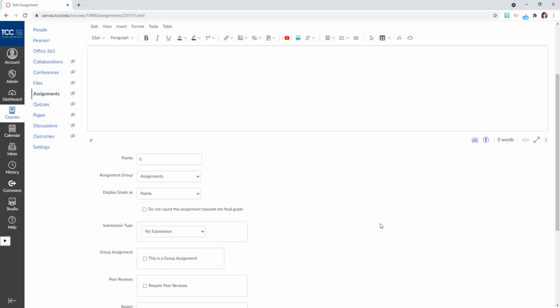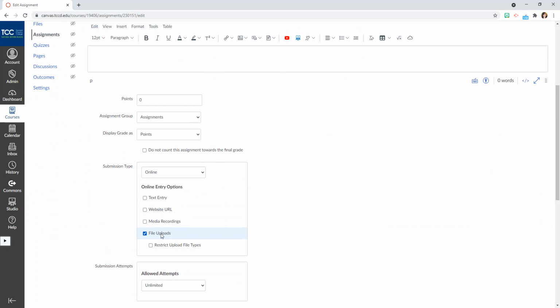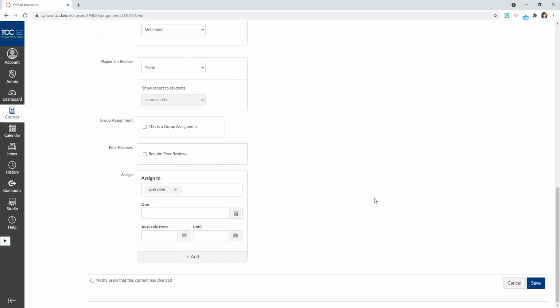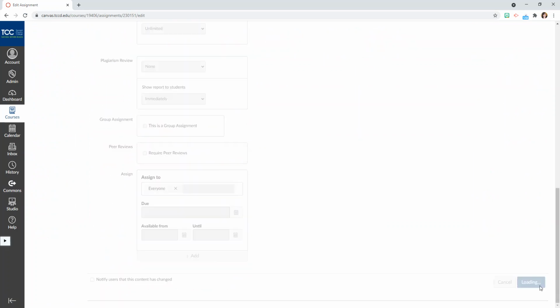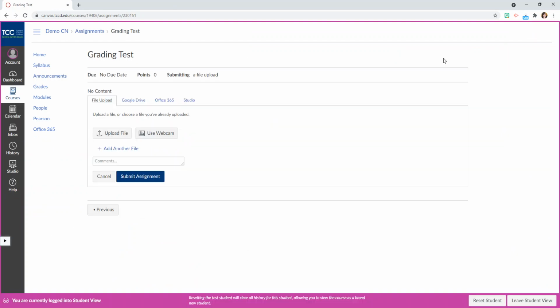Most of these settings aren't important because, again, it's not really an assignment your students are going to see. You do need to go down to Online Submission and File Upload, and then click Save. And then from this screen, you're looking at the assignment. It's published. Go to Student View, Start Assignment,